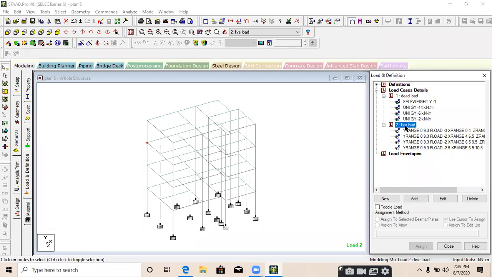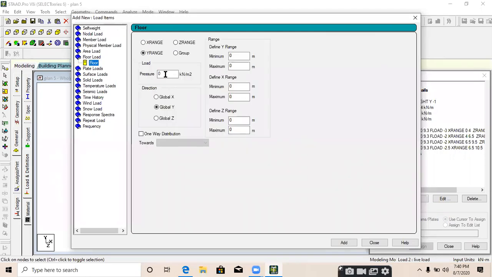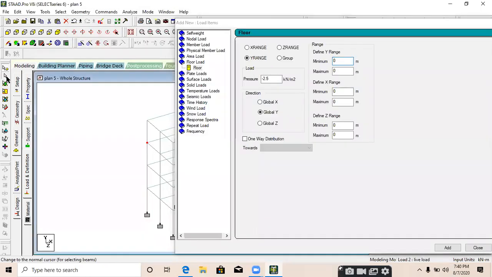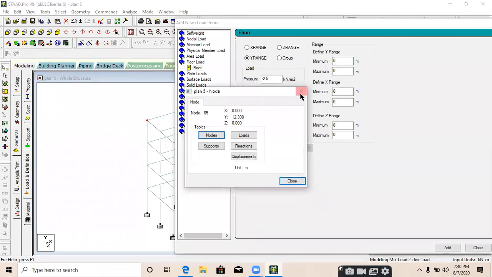Just provide it. Go to the live load, add, floor load. I'm providing minus 2.5 at the roof. And what about the height? Take node cursor and double click on the top node. 12.3.